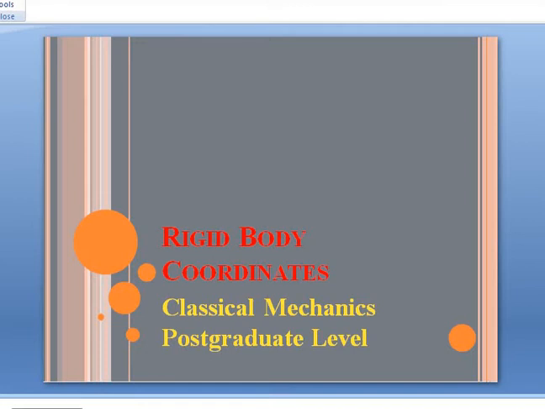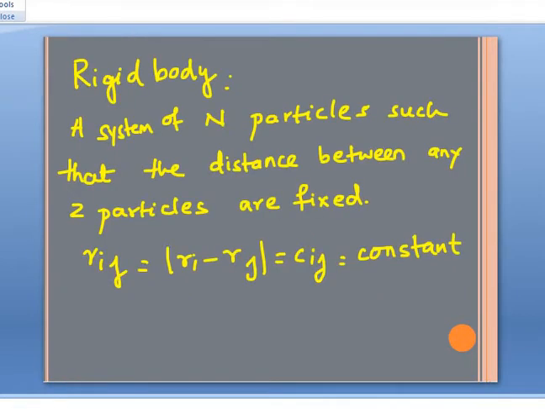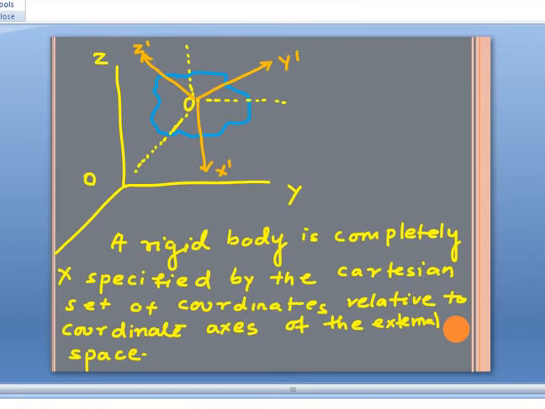Hello everyone. Today we will be discussing the different coordinate systems of a rigid body. In the last classes we had defined what a rigid body is. A rigid body is a body having a number of particles such that the interparticle distance between any two of them is fixed. So how do you write it? You can write it as Rij, where i and j can be any number like 1, 2, and the distance will be a constant. This we had discussed in the last class.